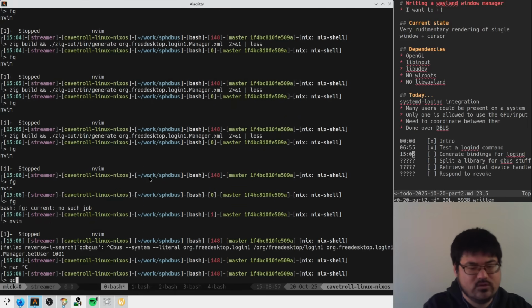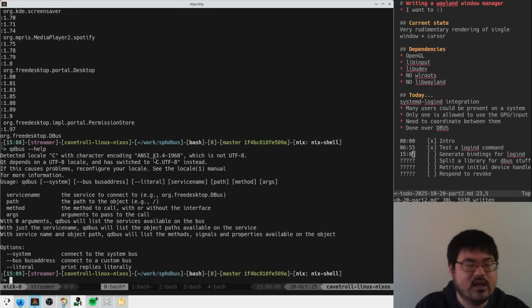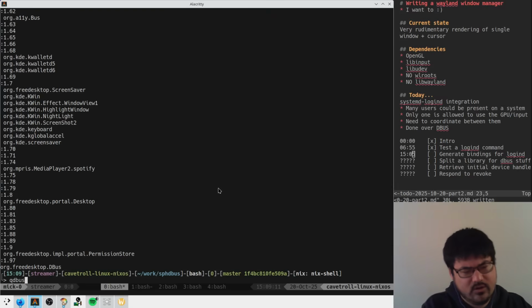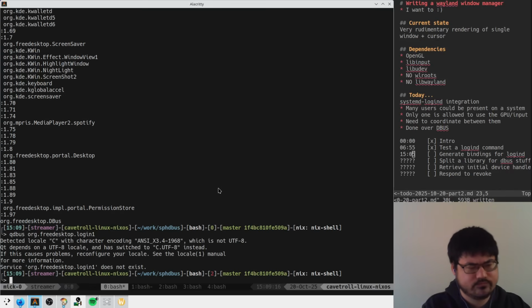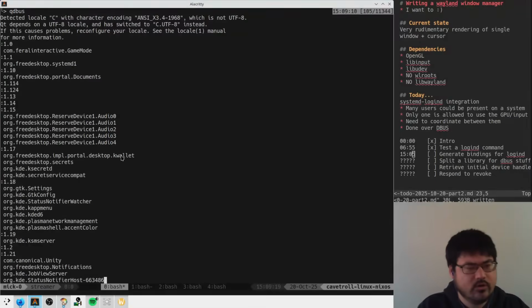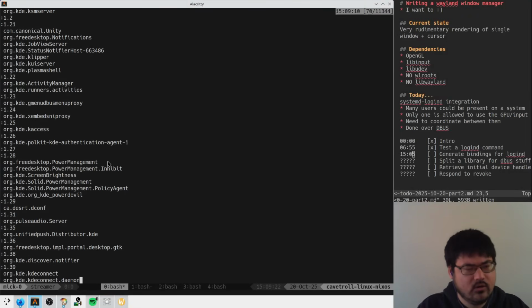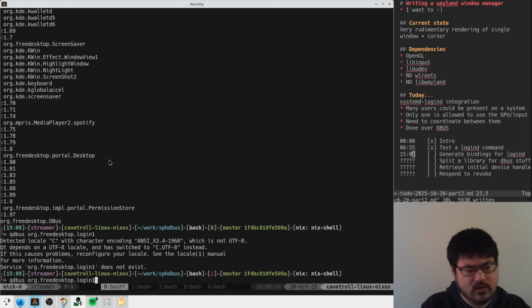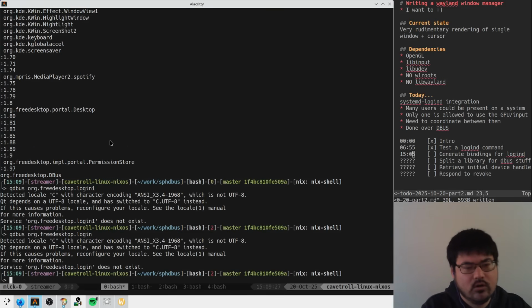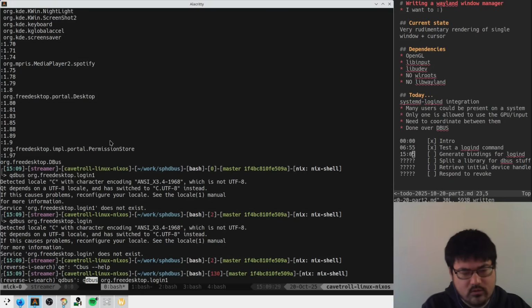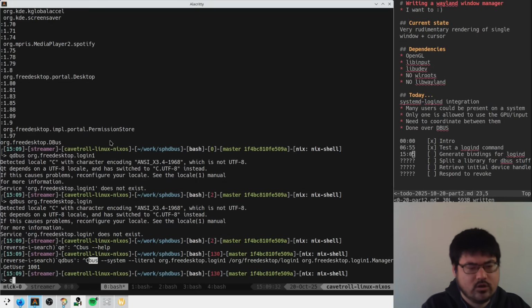So Qt dbus. He's like, I have a service name, a path on that service name, and the method on that service. So it's like org free desktop login one. No? Did I spell it wrong? Login. Is it just login like this? Hello? Oh, sorry, system. So I have this